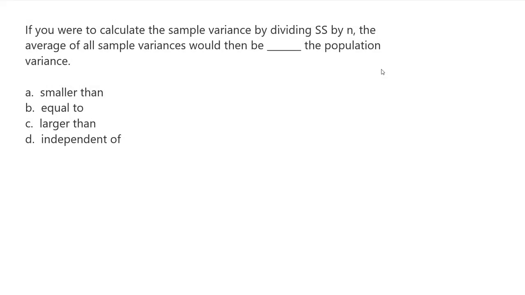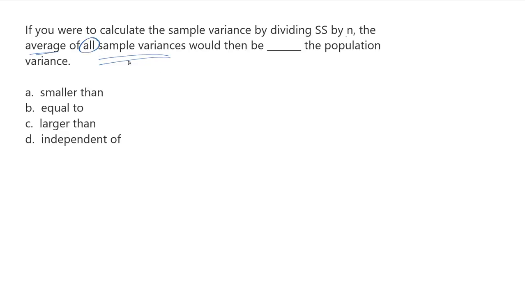If you were to calculate the sample variance by dividing the sum of squared deviations by n, the average of all sample variances would then be what compared to the population variance? Either smaller than, equal to, larger than, or independent of. Okay, now the key here is to consider that we are looking at the idea of all sample variances, and